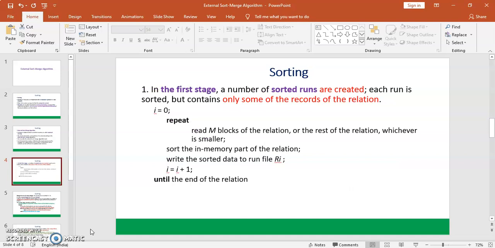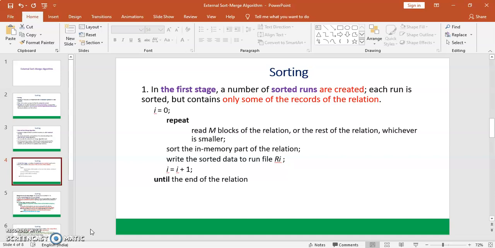This sorting mechanism has two stages. The first stage is sorting and the second stage is the merging process. In the first stage, a number of sorted runs are created.